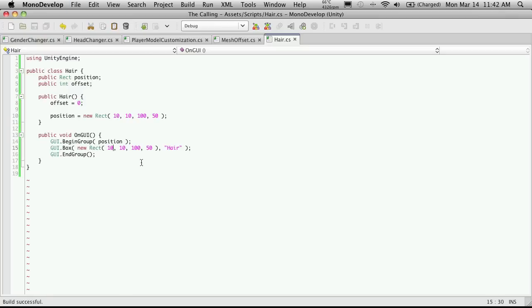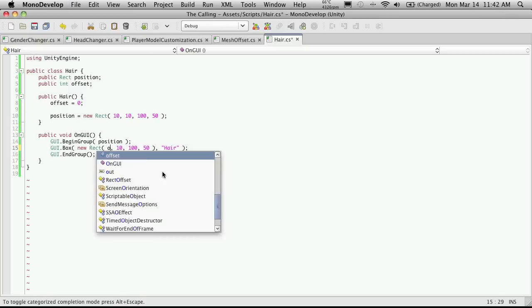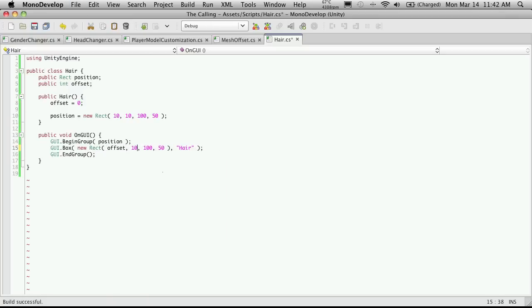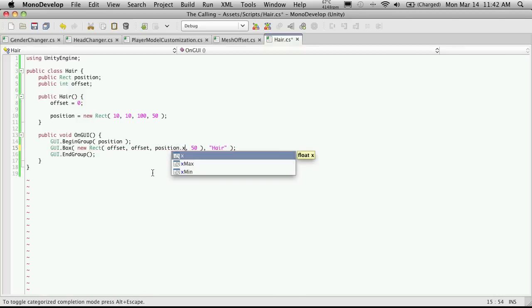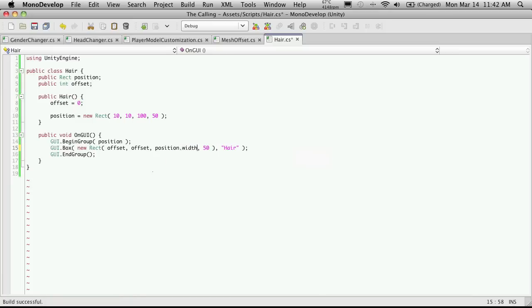And I'm going to come down here, and I'm just going to say offset for the X position, and for the Y position, I'm going to want offset again. And then for the width, I'm actually going to take the position dot width, which will be this value right here. I'm going to minus